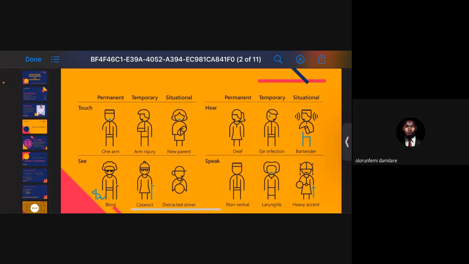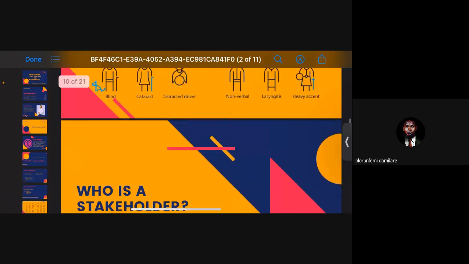I just gave the instance for touch, but you will see that it concerns every part of the disabilities, be it sensory, be it motor, be it cognitive, right? Same with blind people, same with people that are deaf and people that cannot speak. So you see that this illustration here describes how disability can be categorized like this, and how solutions can be provided because of accessibility, right? So let's get to the next slide.